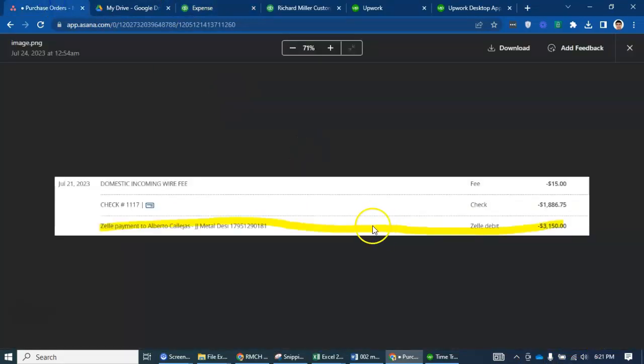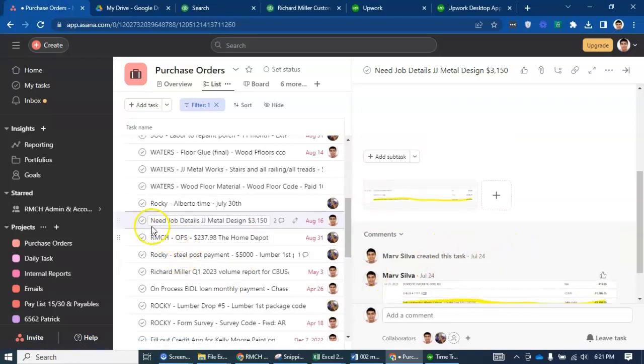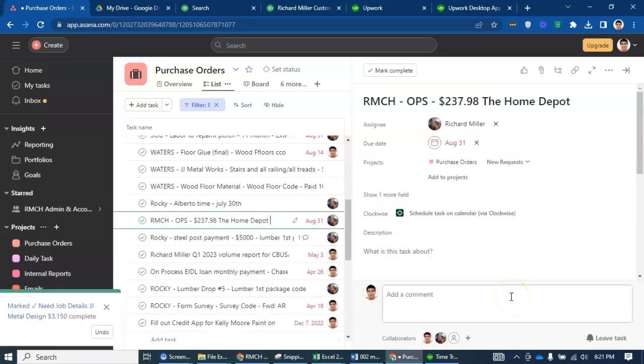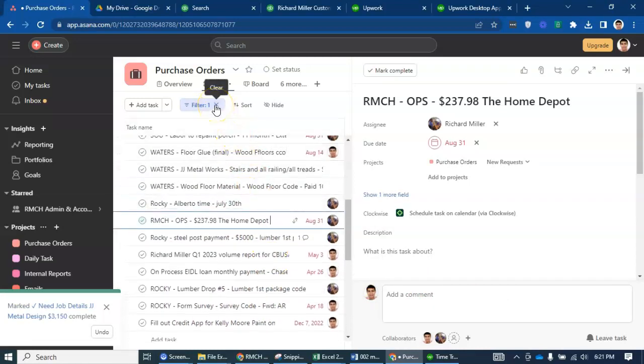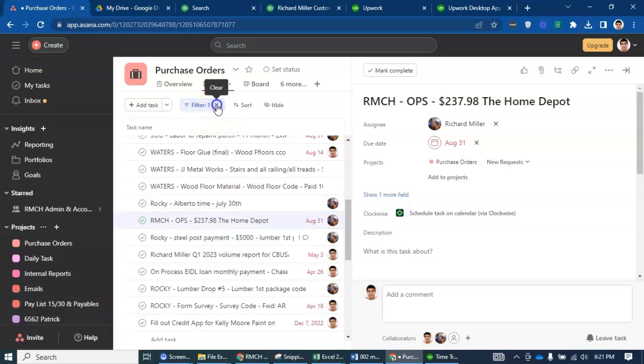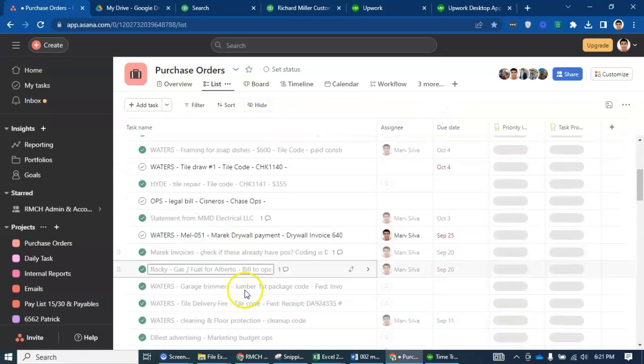Once you're done recording that in here, you can mark it as resolved. So just click here, and now it is already done. So that's it. If you want to find back those that were resolved by you recently, you can show them by eliminating this filter. So you can see now what are those that are completed.